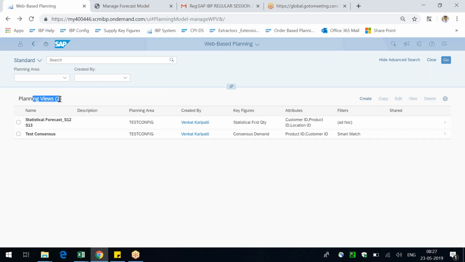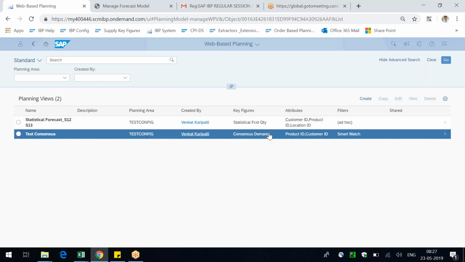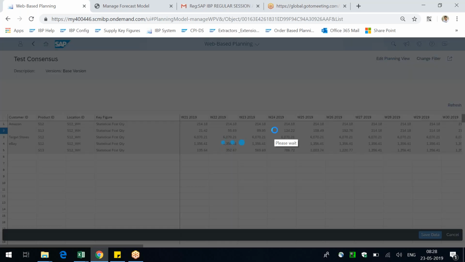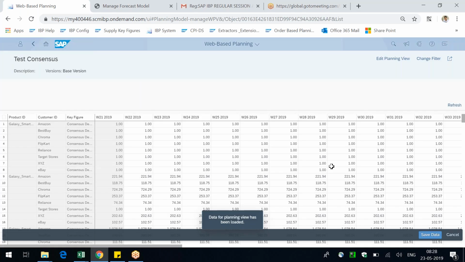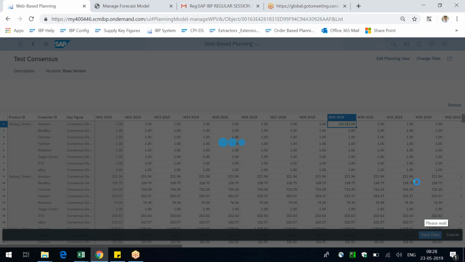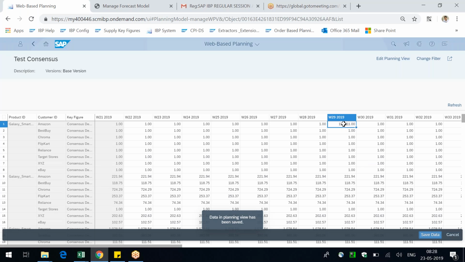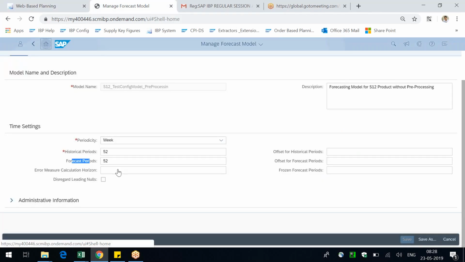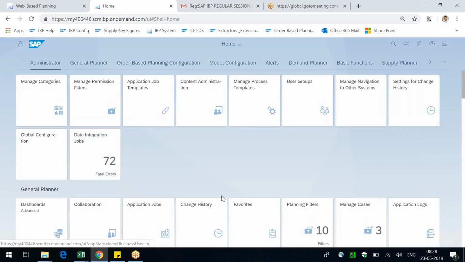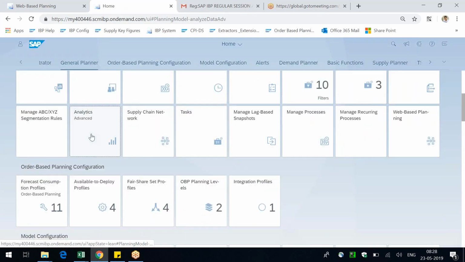This is another view that I have created. It's called test consensus. So here I can actually go and say, save the data. So this is the difference here, because you might say that, well, I can very well bring the stuff in tabular format, and I can still visualize it in the analytics app. So if I go here, analytics advanced,